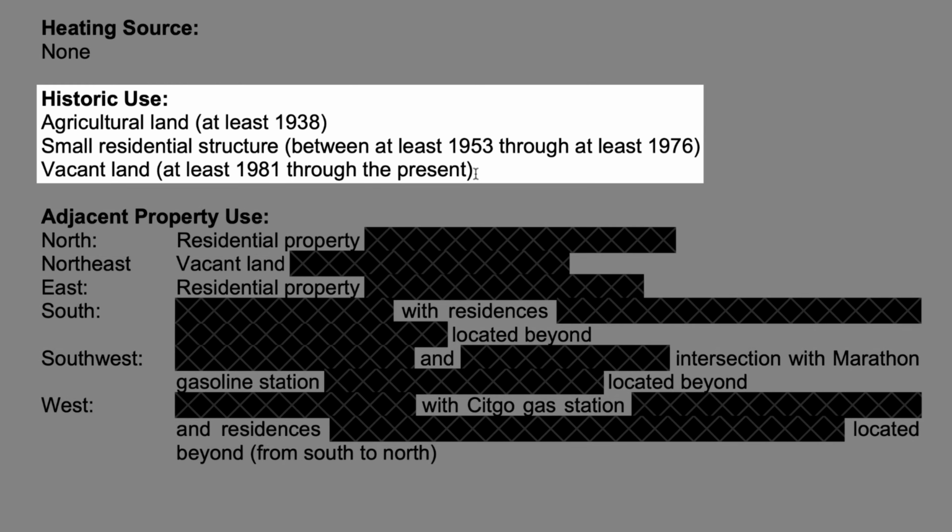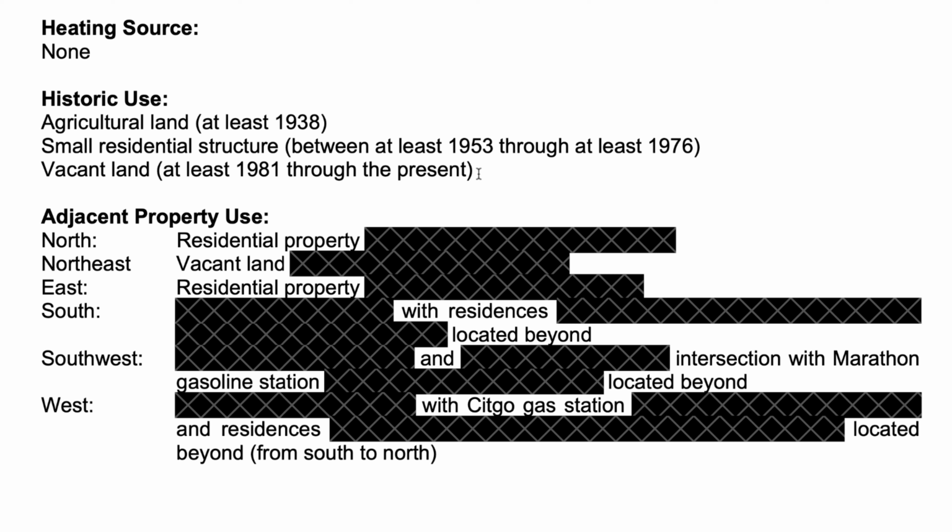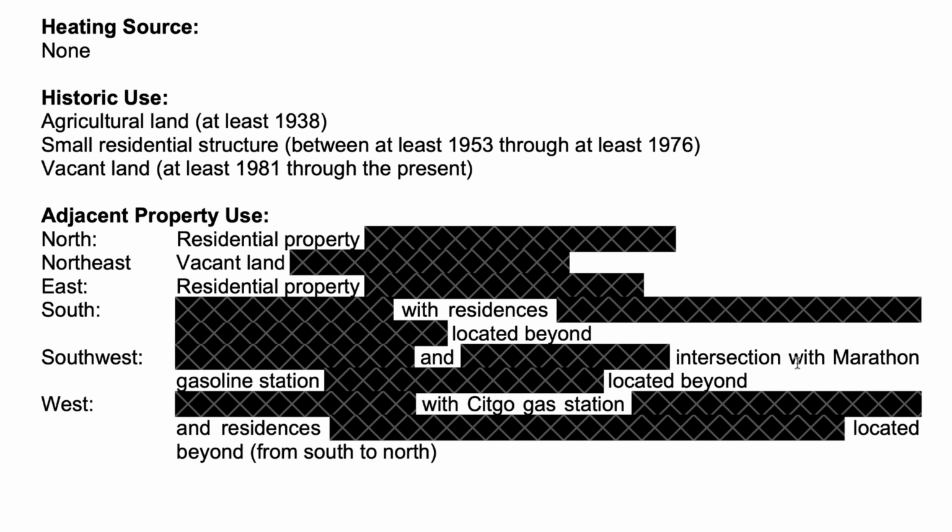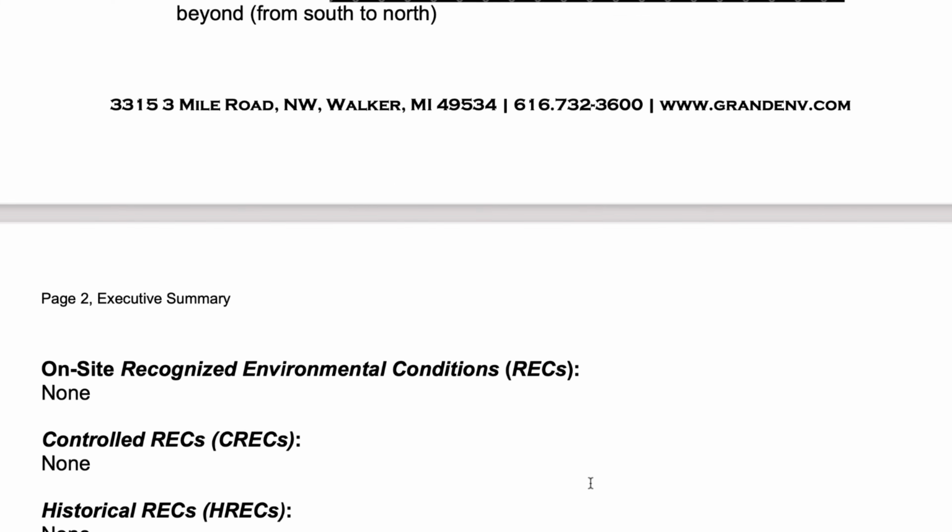So this is a pretty simple property, but sometimes you'll find properties where, you know, this was an industrial facility and then it was torn down and something else was built there. And then that was torn down and something else was built there. So if it is a more complicated property, you can see a lot more information here, and these reports can be a lot longer. It also shows the adjacent property uses. As you can see, it points out how there's 2 gas stations right nearby. So anyway, we keep going down.